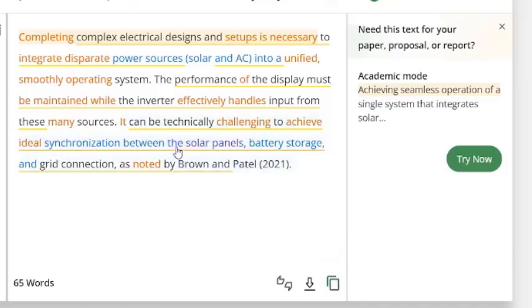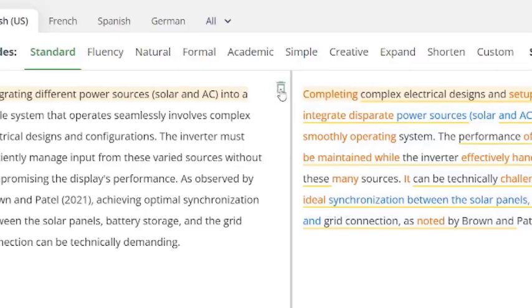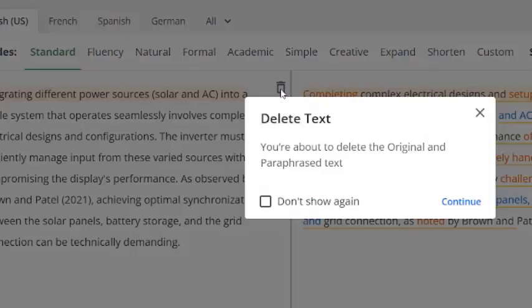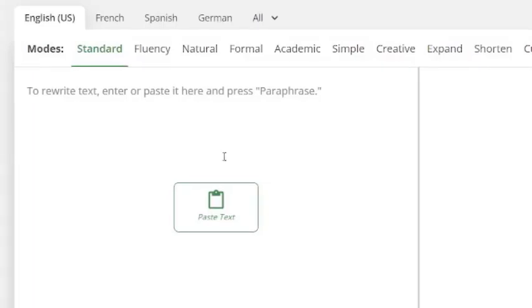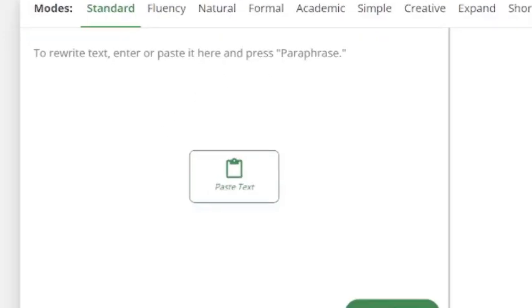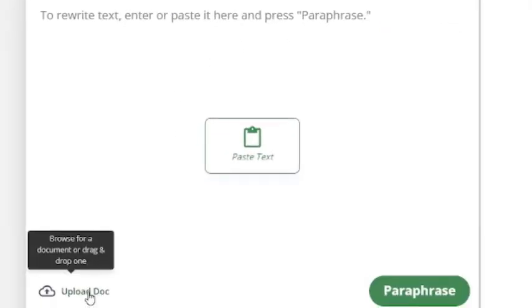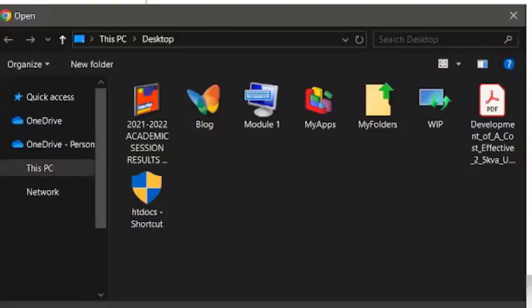So I believe, if you're not okay, let's say you want to change the text, look at this button here. You could use it to delete. You could delete this text, and then you go continue. You go all the way to the beginning again. There's also a limit to the amount of text that you could use for the free version. And you could also upload a document. Let's say you have a document somewhere on your computer that you want to bring on board for